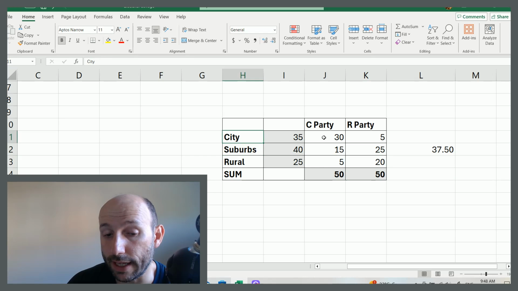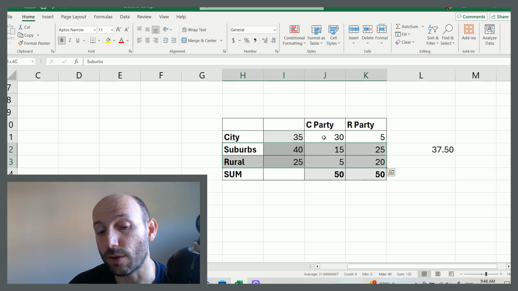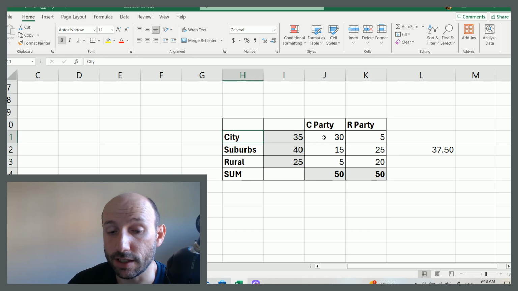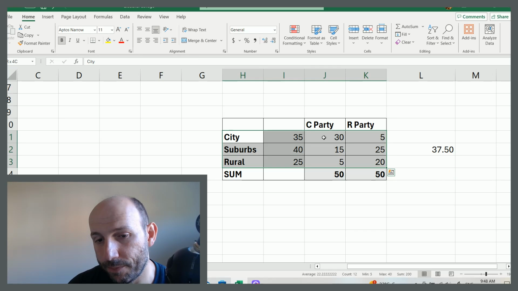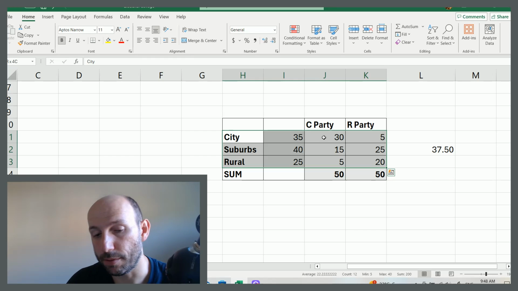So then the cities always feel represented. They decide all the policy. The suburbs and rural areas never feel represented, and they don't decide the policies. So you just have the cities dictating policy to the rural areas and the suburbs. That's the issue with a system that is based on popular vote.